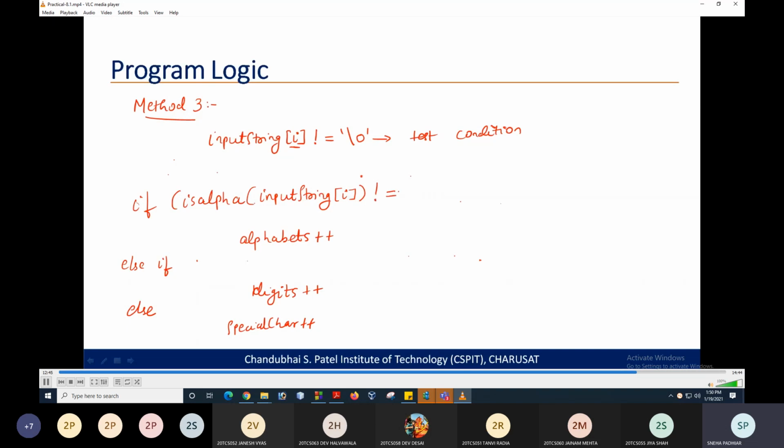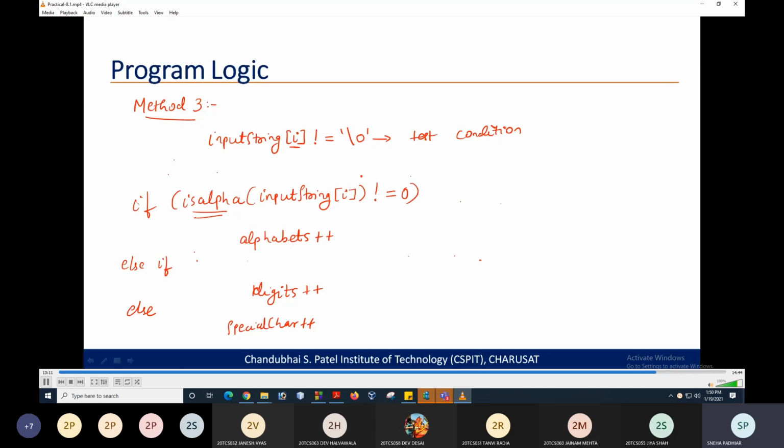So if this is not equal to 0, then you are going to increment the count. So if it is not equal to 0, it means a match has been made, it is an alphabet. So this function isalpha will directly check whether the entered character is an alphabet or not.